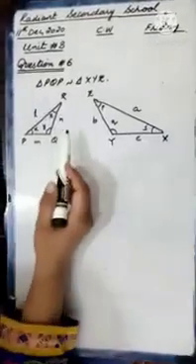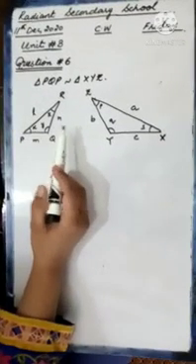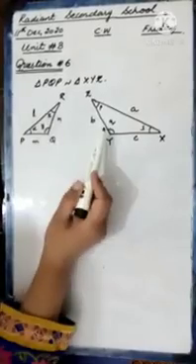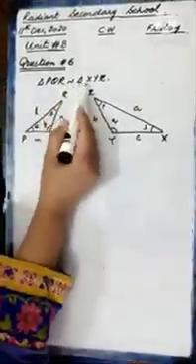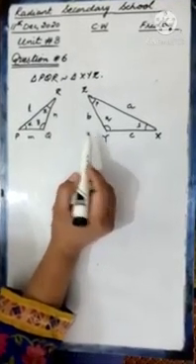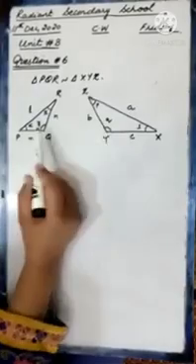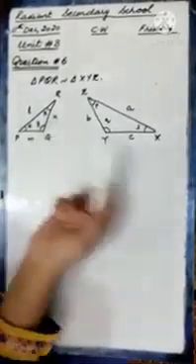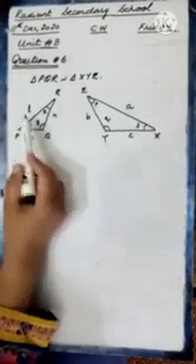Okay students, now this is the last question of today's lecture. In this question you are given two similar triangles, triangle PQR and triangle XYZ. The similar figures are given. We have to just find the relation between the sides and angles. You know, all these are unknown. These are variables in sides as well as in the angles. So just we have to find the relation.